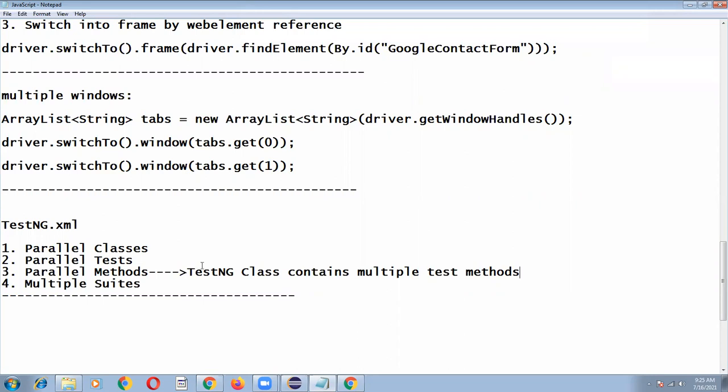So this is for a testng class. Here, if your testng.xml contains multiple tests.